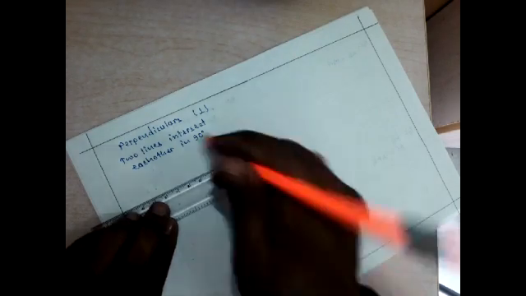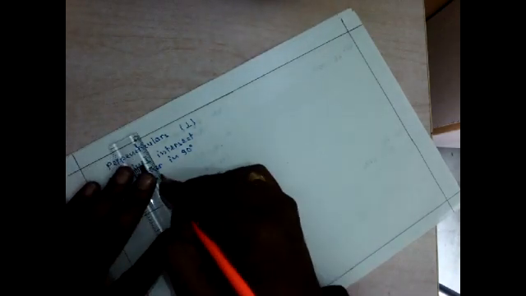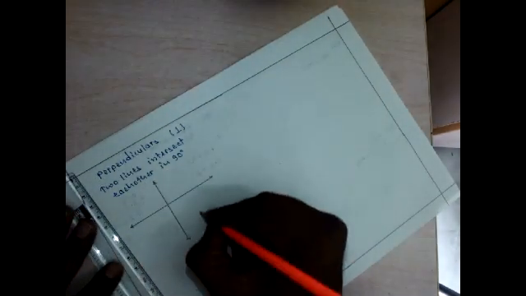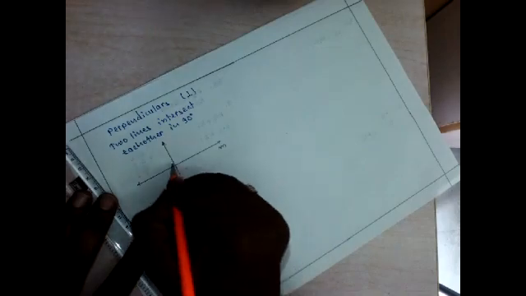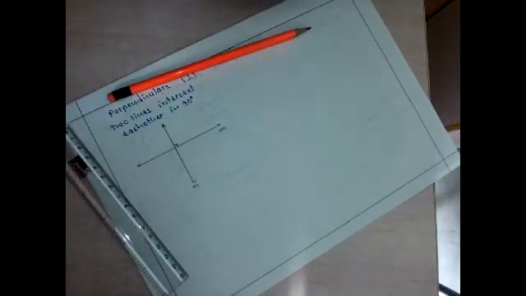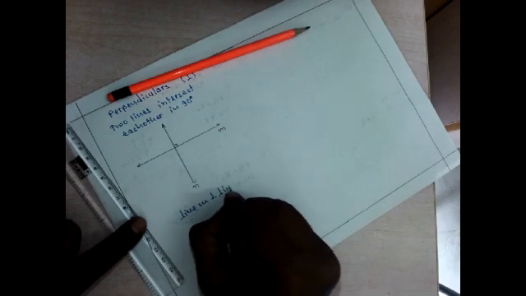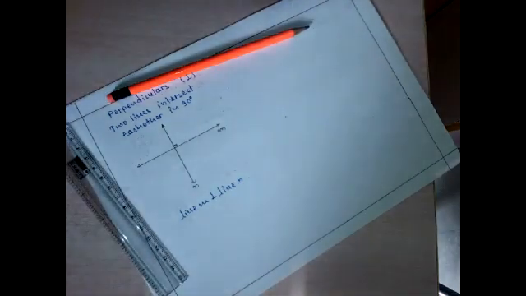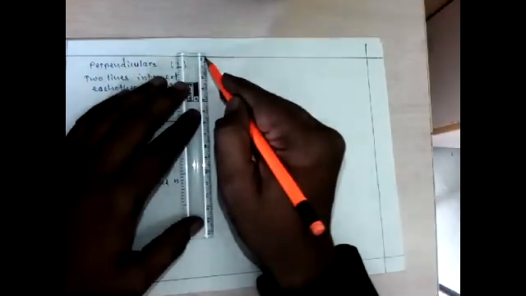I'll show you. Let us say this is one line and this is another line intersecting. Let us say this is line M and this line N is intersecting M, but it should intersect at a 90 degree angle. Then and only then I can say that line M is perpendicular to line N. Understood the concept? Now your next question should be how to draw perpendiculars. See, you have 2 to 3 methods to draw a perpendicular.